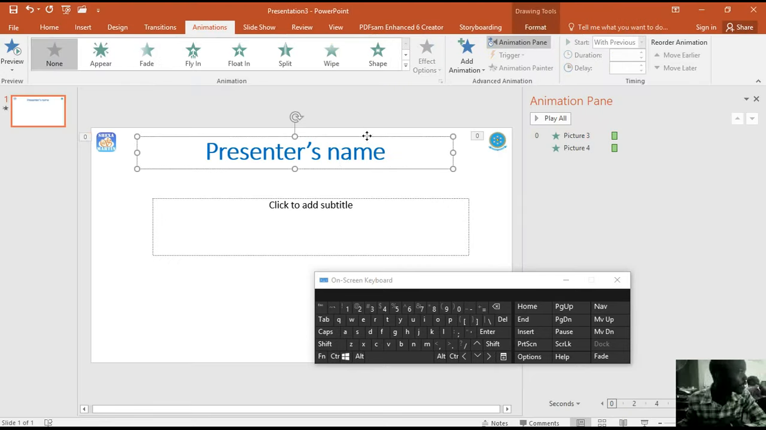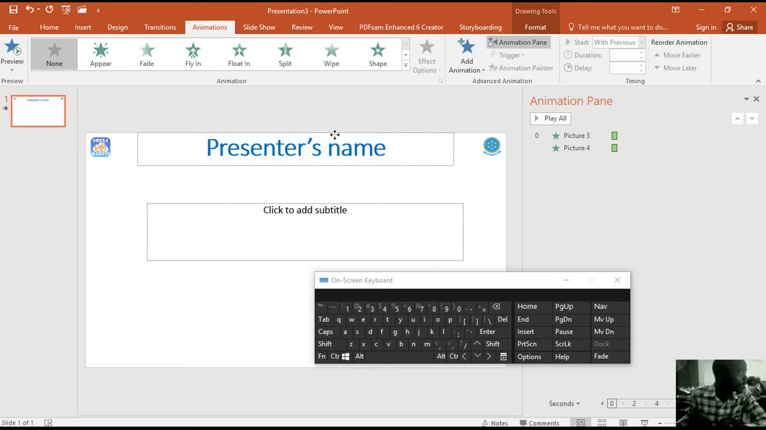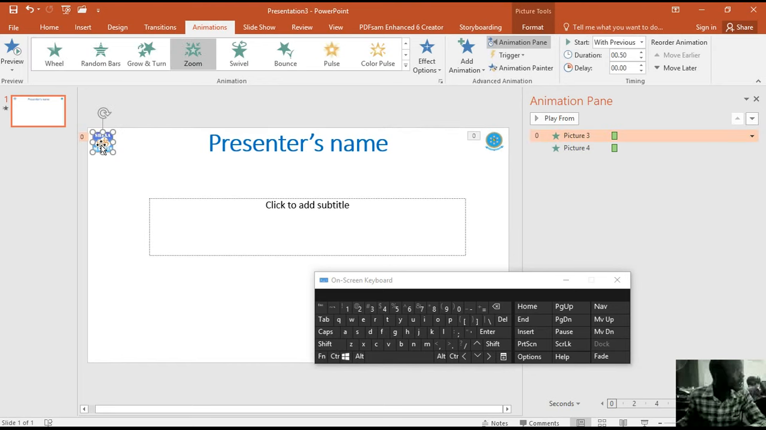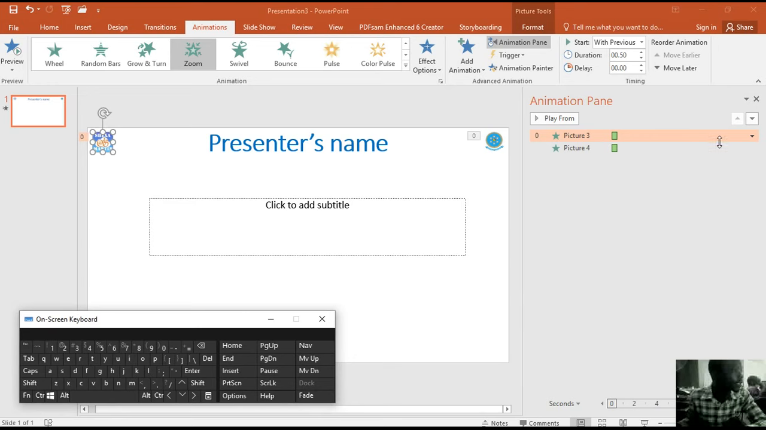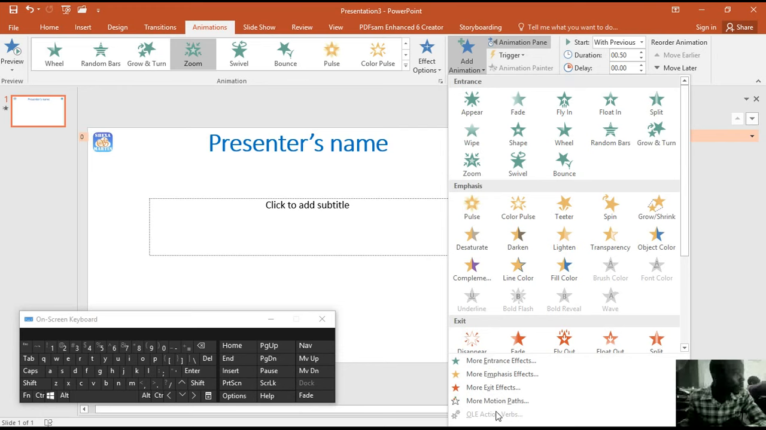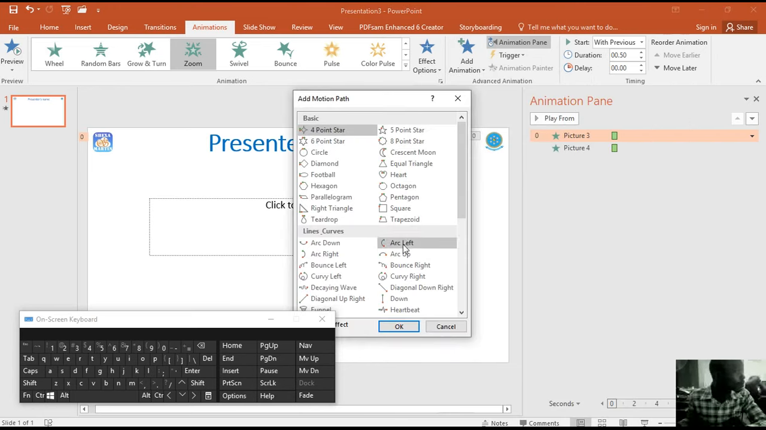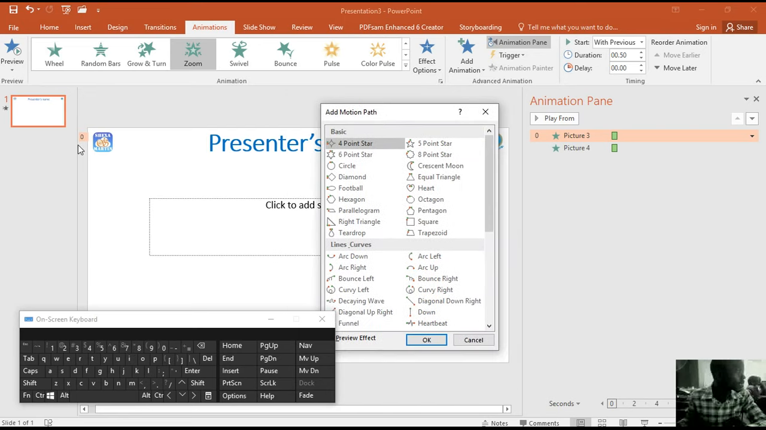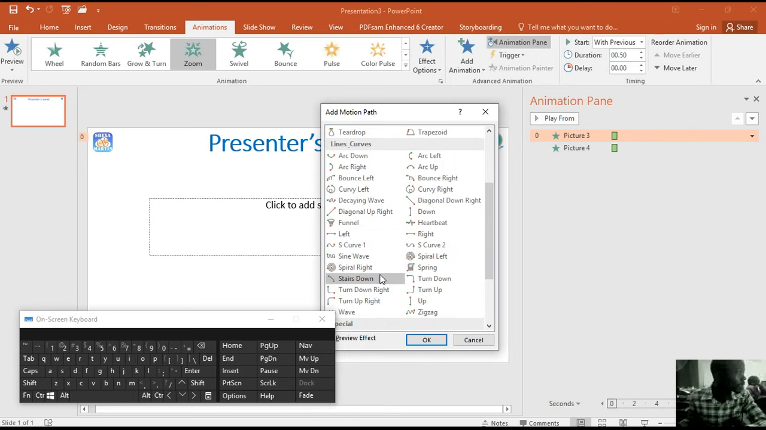Then this one as well, I want this one too, but before I start animating this one, let me add an animation to this one. So you can add an animation by clicking that one. Let me put my keyboard there and then add animation. Then I want motion animation, motion parts. So I choose which one is highlighted there. I think this is the one. So I choose